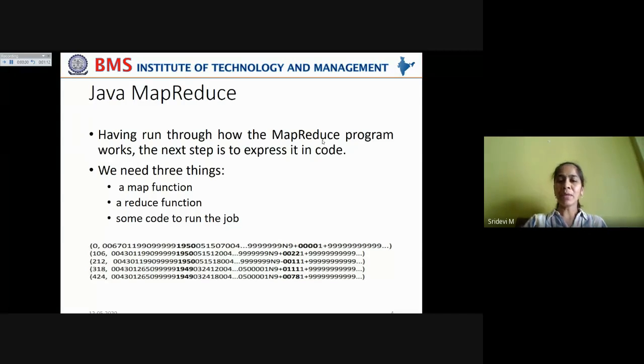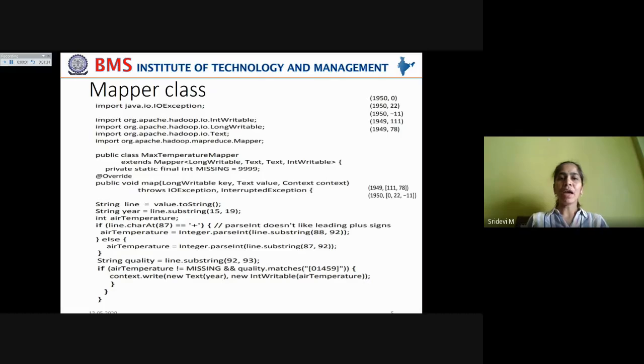Okay, so these are the input splits that we have considered, taking the file offset and the entire text data in the form of various input splits, which contain the year data and the temperature captured in that particular year, along with its quality code. For that, we have written a mapper class which uses the wrapper classes LongWritable, which is analogous to Java's long, Text for Java's String, and IntWritable for Java's int, right?